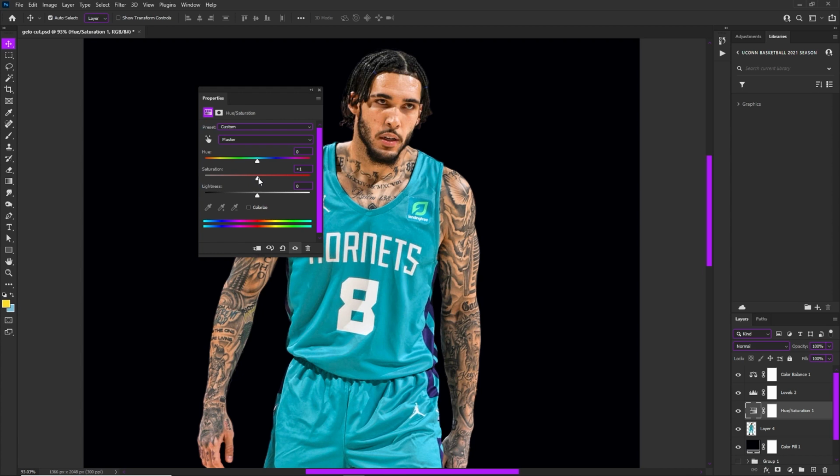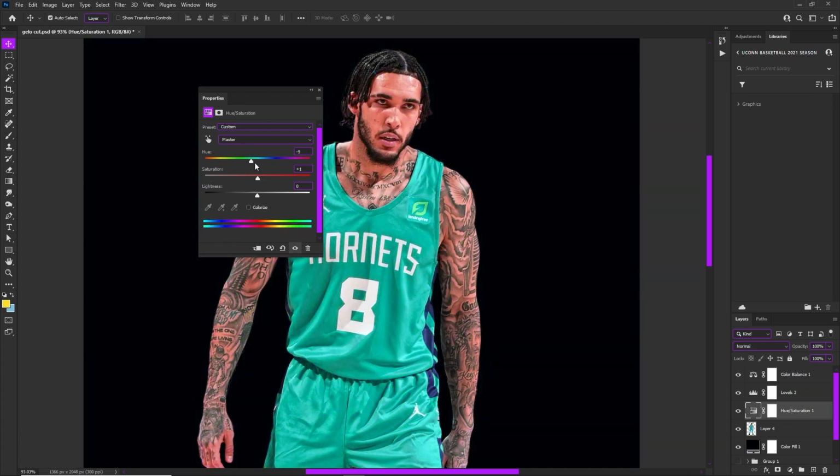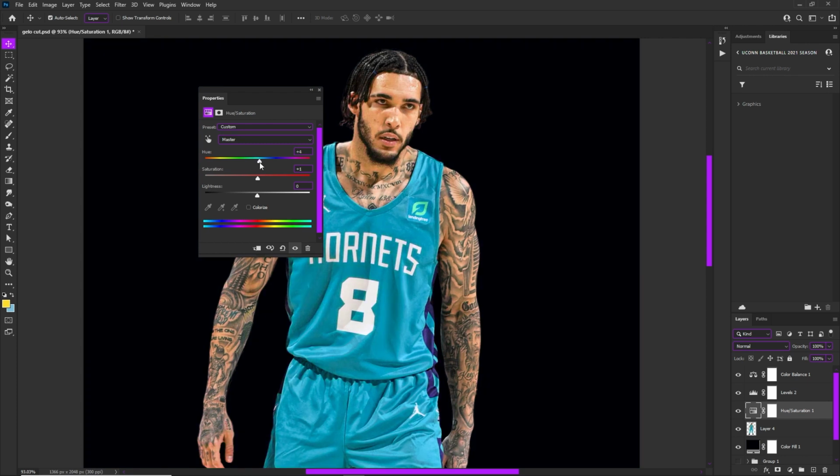Now, we're only going to really use the saturation part of hue and saturation. We're not really going to use the hue. The hue is going to actually change the color, because the hue is really what the color is. Like, a hue would be your purple, your orange, your greens, whatever the color may be, from those main ones that you always hear, blue, pink, whatever the case may be. So we're not really going to change the hue per se, but we're always going to adjust the saturation for